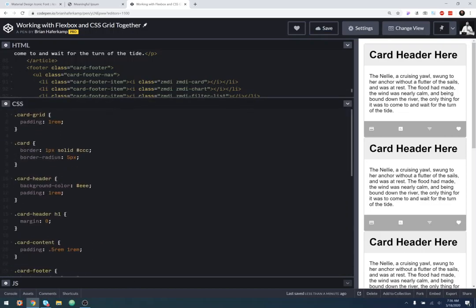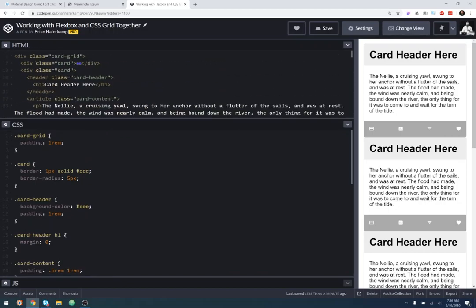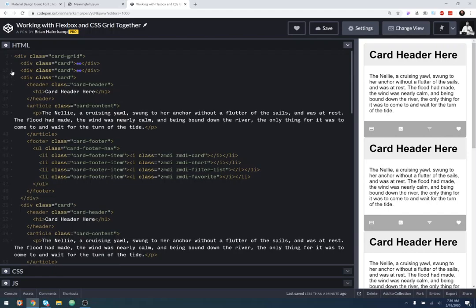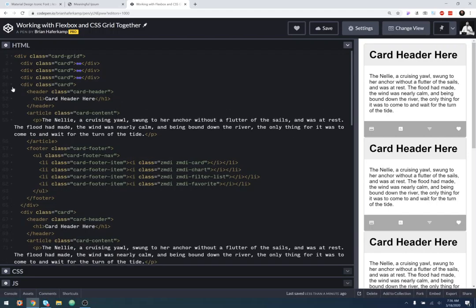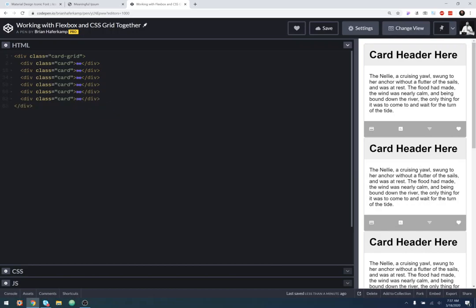I'm not going to worry about the space between them necessarily because we're going to use our grid spacing in order to control that. So now that we have all of our cards, can we just do this so we can see them all? Okay, so we have our card grid and we have all of our cards,